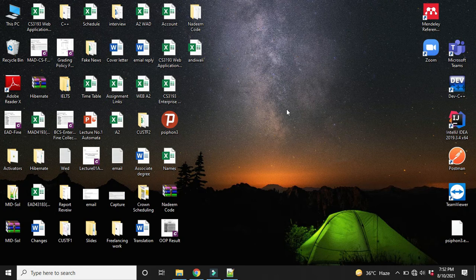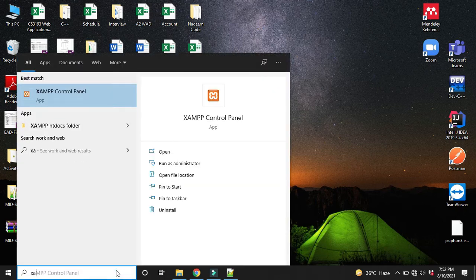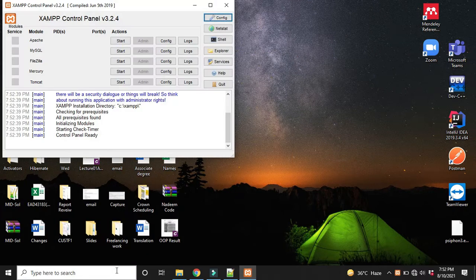Apache web server is already in your Windows, that is IIS, but we are not going to use that server. We are going to use the XAMPP web server for executing PHP code. The XAMPP server is already installed on my system. For this purpose, you need to download the XAMPP server. The XAMPP URL is already given in the slides.